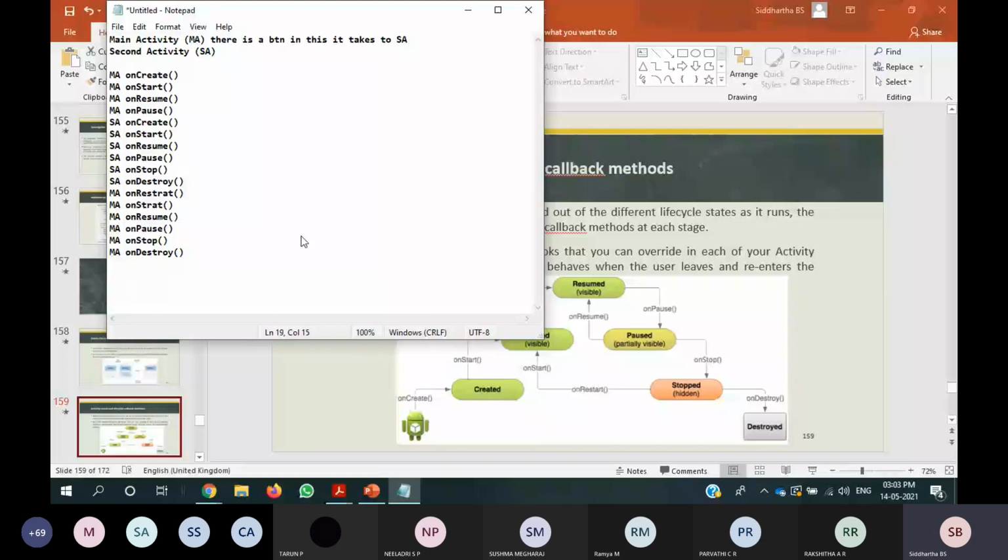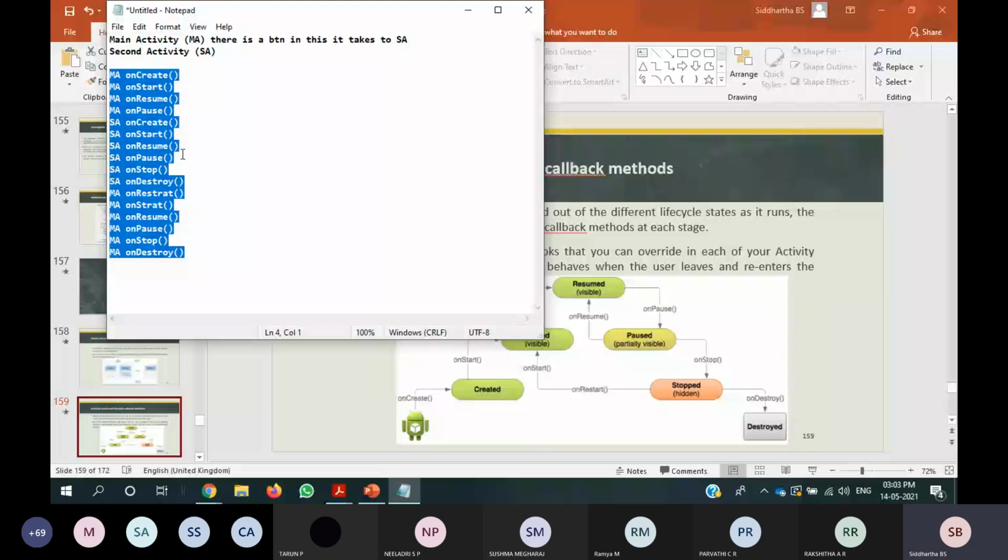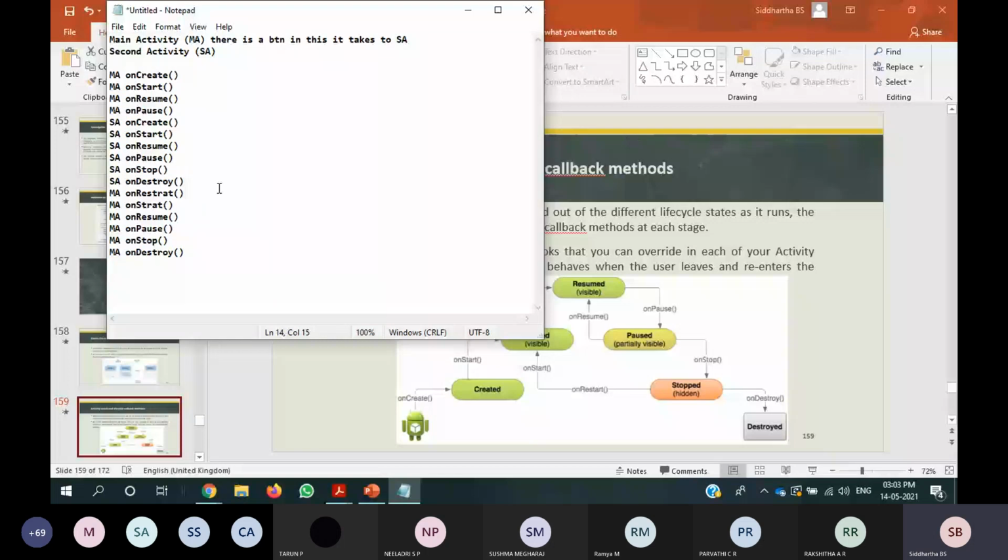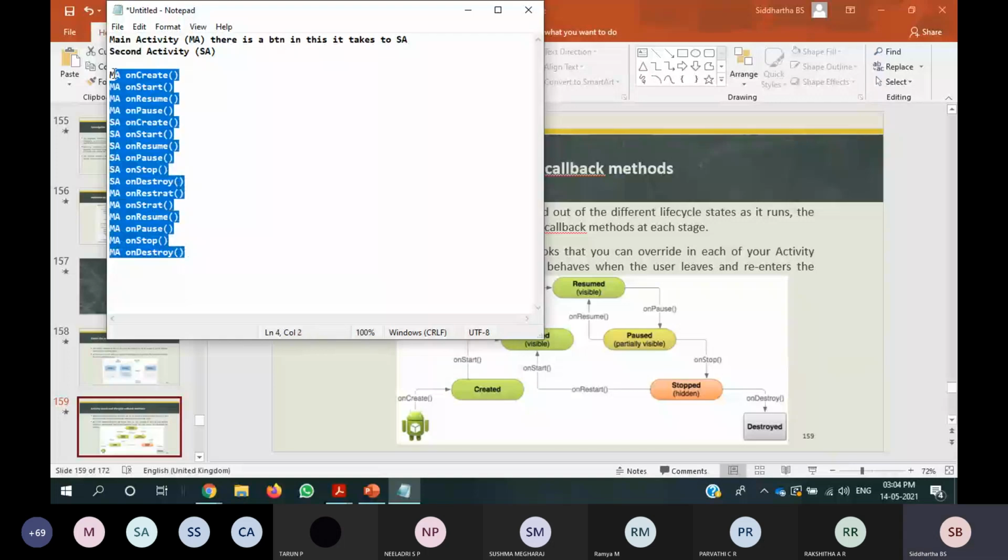You need to know, as an Android developer, the activity lifecycle so that there will be proper interaction with the different activities in your application. We should be aware of when the activity will be called, when the activity will be closed, when the activity should be resumed, and when we need to start the activity. This is just an example to understand the life cycle of an activity and callback methods.